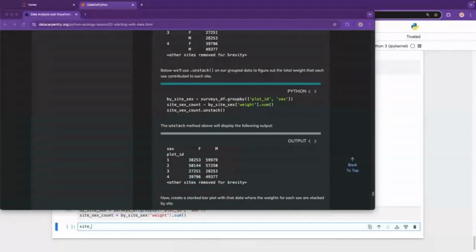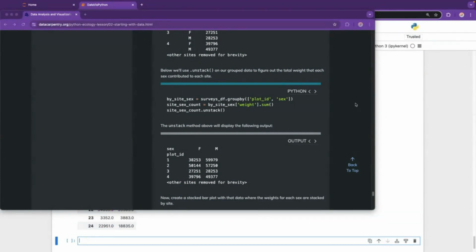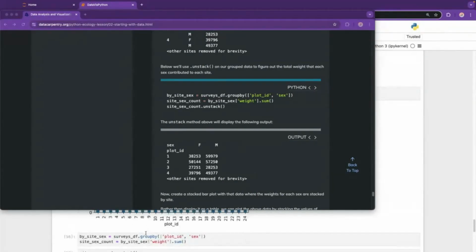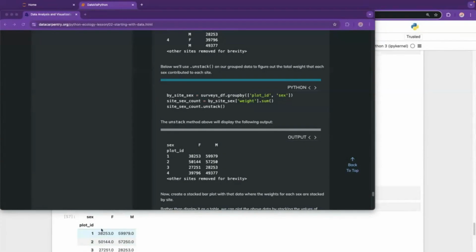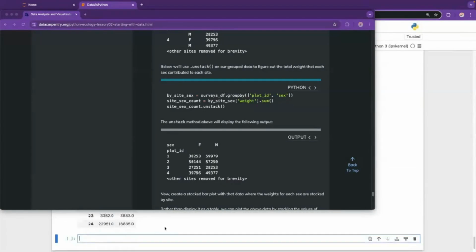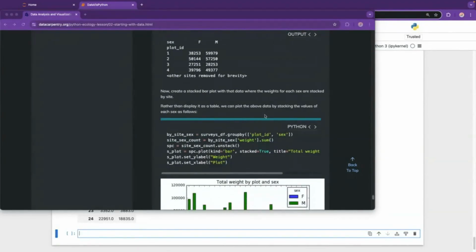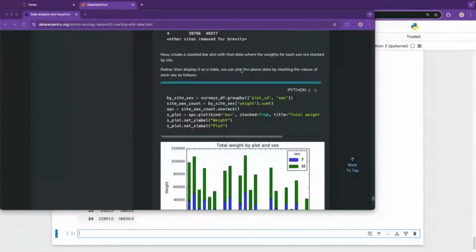And that shows output of, sorry, I hope you can see underneath the screen with the instructions. But yeah, so that gives us the plot ID, female and males. And now we can create a stacked bar plot with that data where the weights for each sex are stacked by site. So rather than display it as a table, we can just plot this data from this table